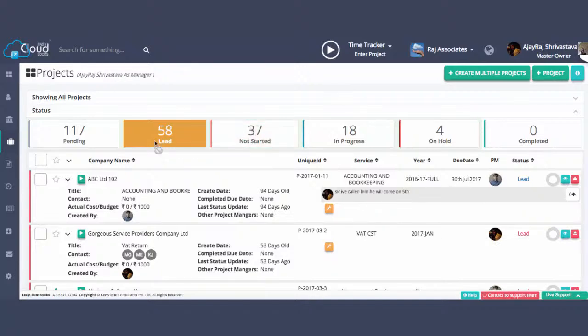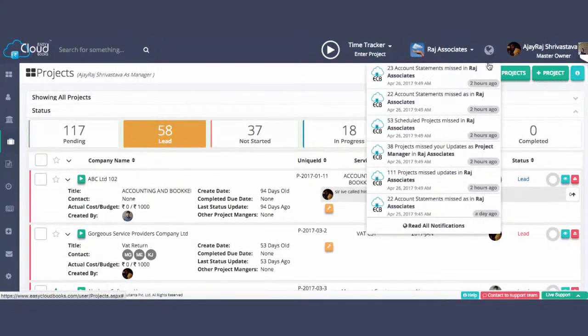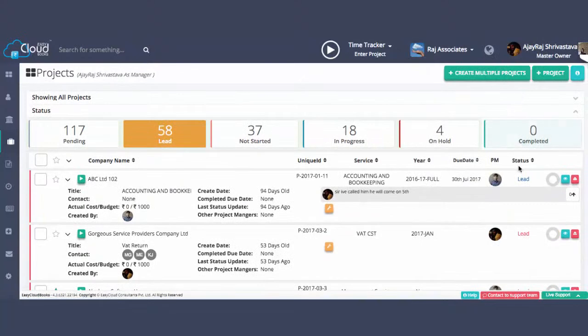Till then it will remain in lead and the status turns blue. It will again turn its color and become red on the 5th. Again he will be notified, the same person whose task is to convert from lead to not started. Again that person will be notified on the 5th through a notification like this. And that person is supposed to again make a call because this client has not turned up on